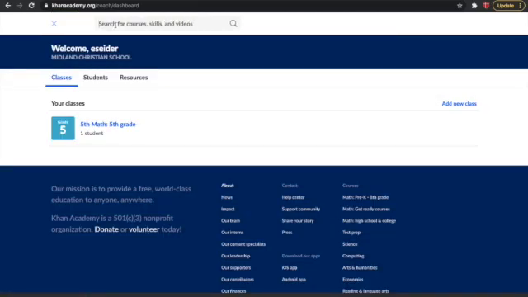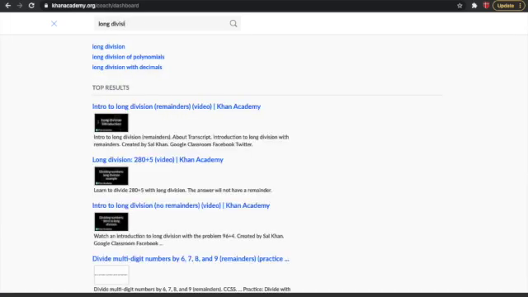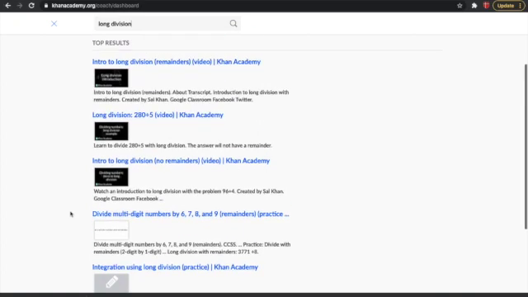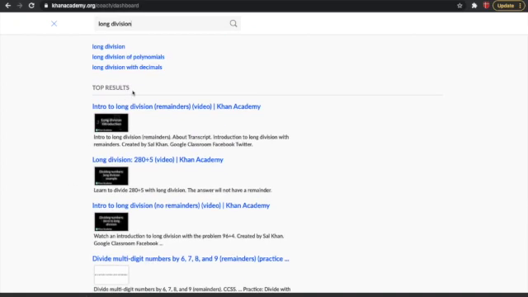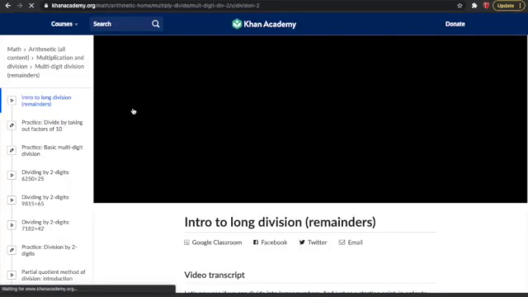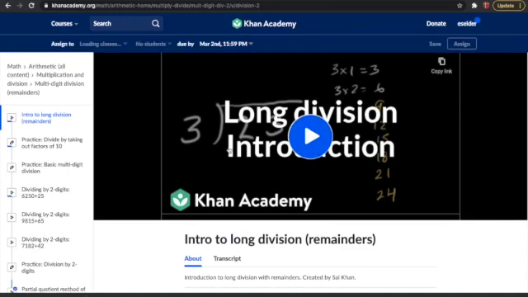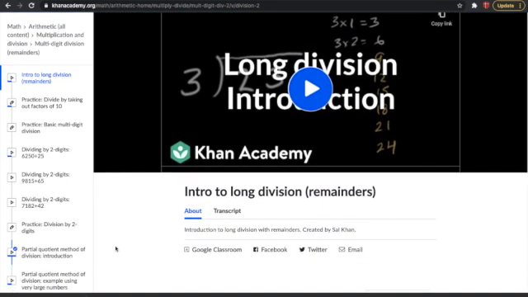Or you can go straight to the search button. So if I know that I have long division coming up, I might search that, and then I see a lot of resources down here, and you can get particular. Maybe you're going by dividing by certain numbers, or just an additional skill, but I'm just going to go with the introduction here. So I can show you, the first thing it's going to do is give an introduction using that video. It's really simple. It shows them the skill, gives them a couple of tips and tricks,